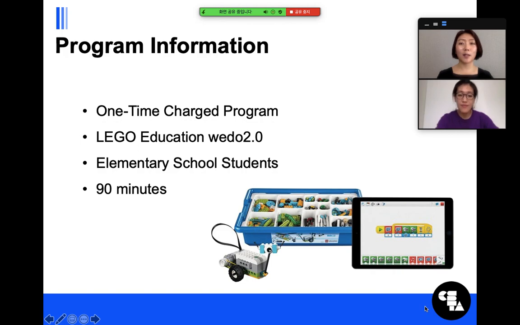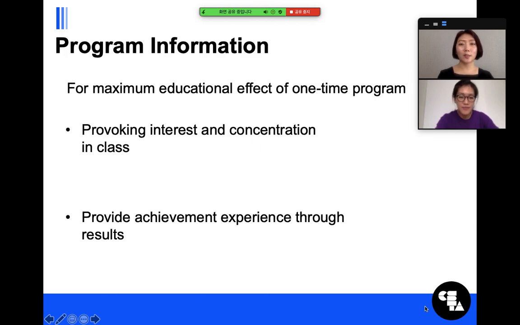Participants in the program will use an educational tool to build models and learn how to move them through coding. This is a one-time program and uses Lego WeDo 2.0 as an educational tool for all elementary school students for 90 minutes. Most of the students who come to the Science Museum come for a one-time visit. In order to make their one-time experience a meaningful one, we created a program that can maximize the interest and